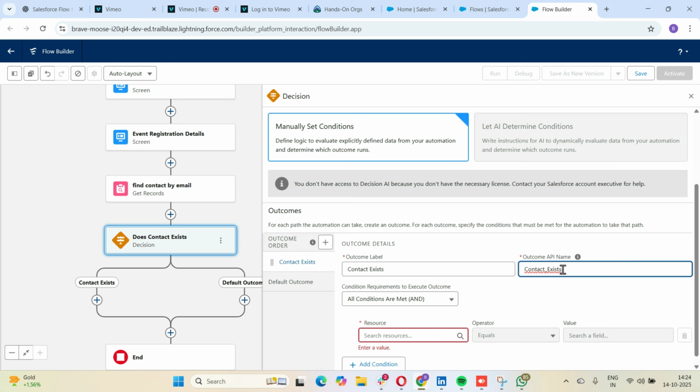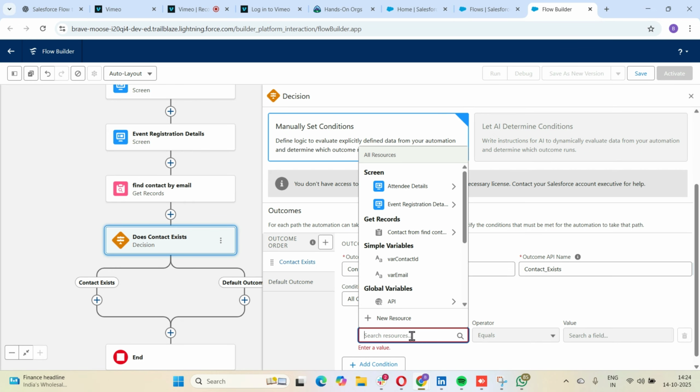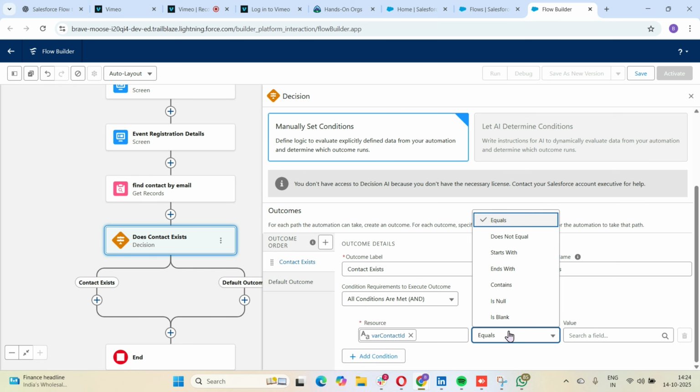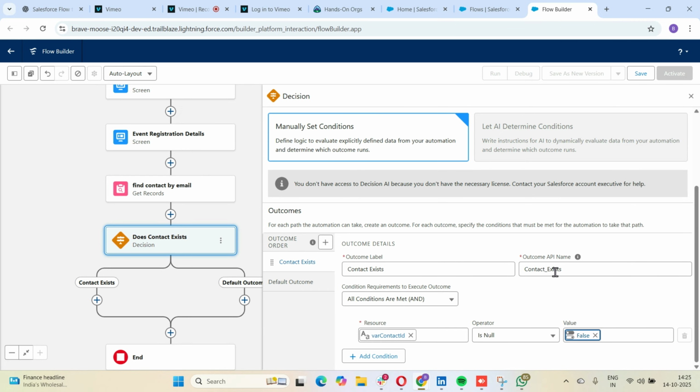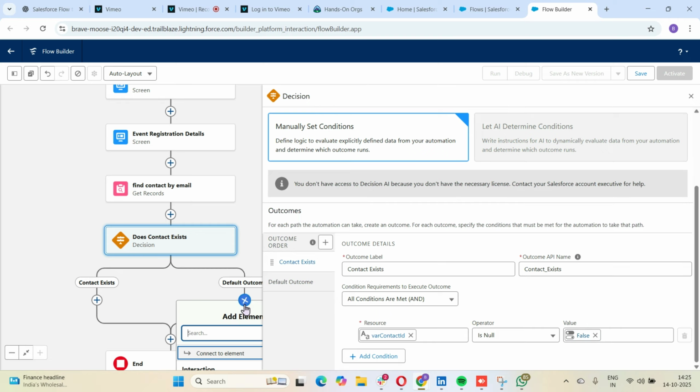Okay, now we need to give the resource. So we're gonna give the resource where ID should be not equals to, we'll give it as false. Okay, now this is done. Now for the default outcome,